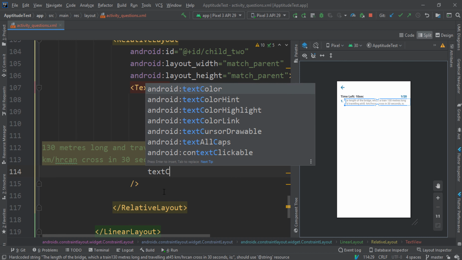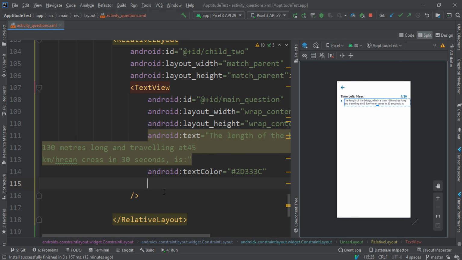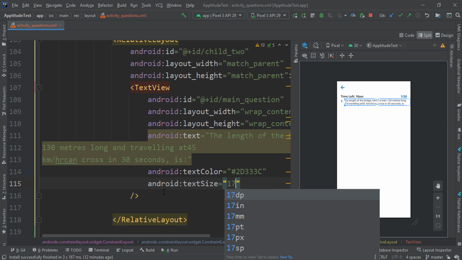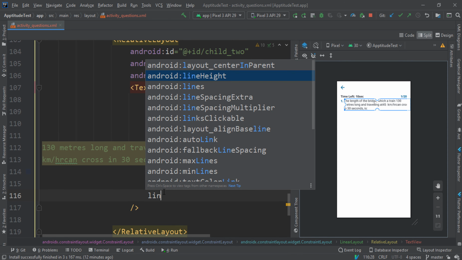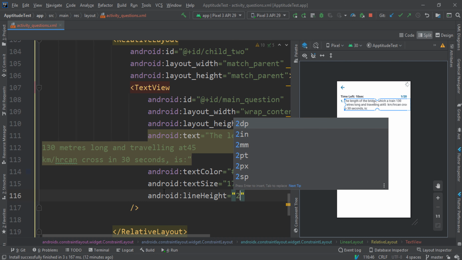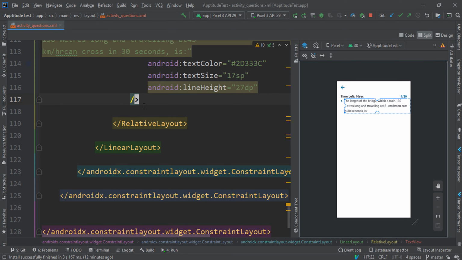We can just give it a text color of hash 2D33C, and give it a text size of 17 SP and a line height of 27 dp. So you see we have that nice looking question,